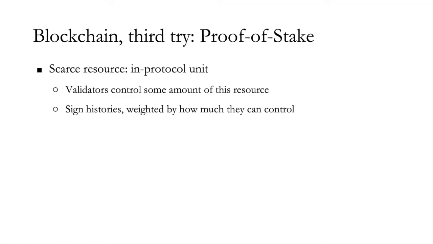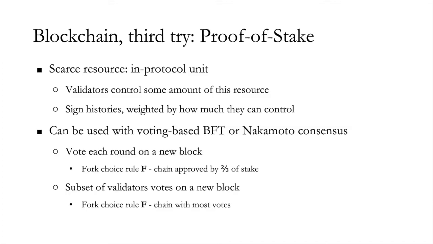So often this proof-of-stake utilizes consensus mechanisms similar to BFT consensus, and it also often uses consensus mechanisms similar to a Nakamoto consensus, where consensus mechanism refers to the fork choice rule. So you can either have a proof-of-stake distributed ledger in which validators send around votes to each other, or you can have one in which they commit votes to a particular chain, like proof-of-work miners commit work to a particular chain. But in either case, the unit of scarcity is this in-protocol unit, often a currency.